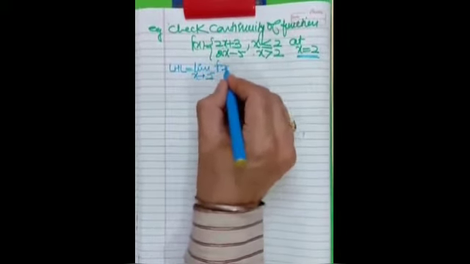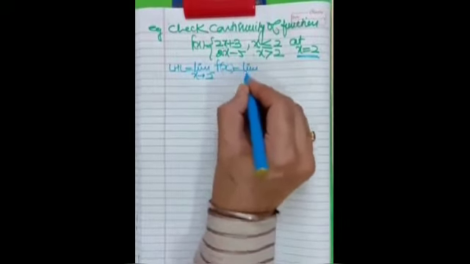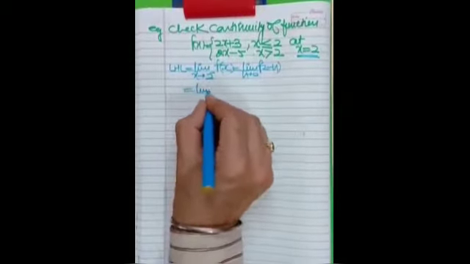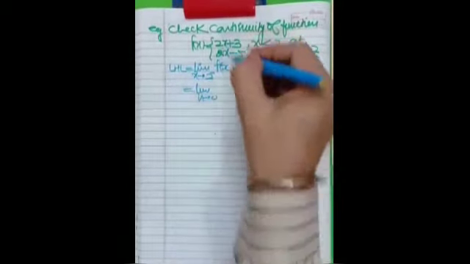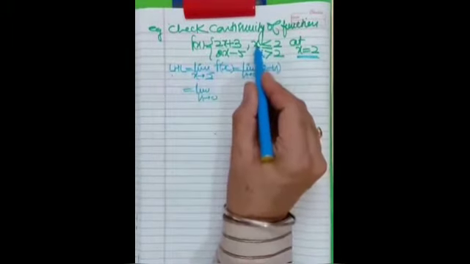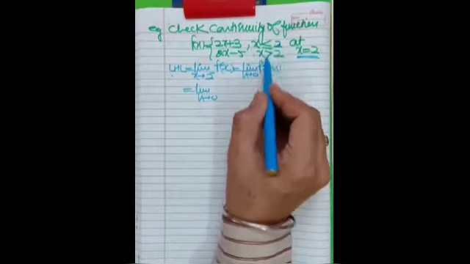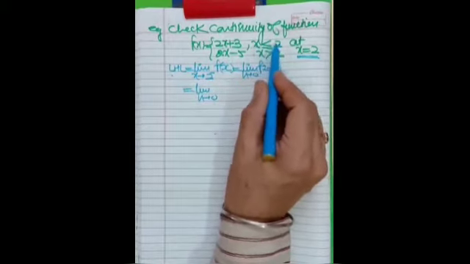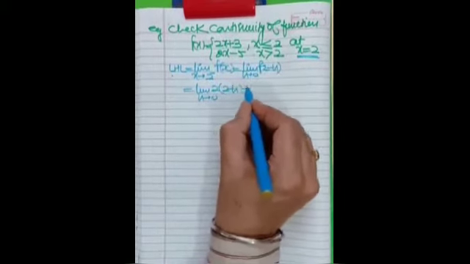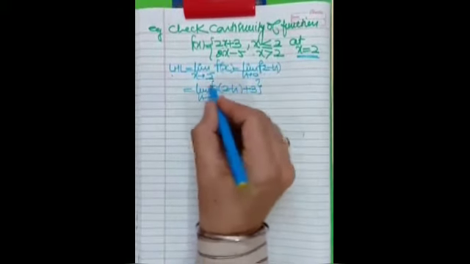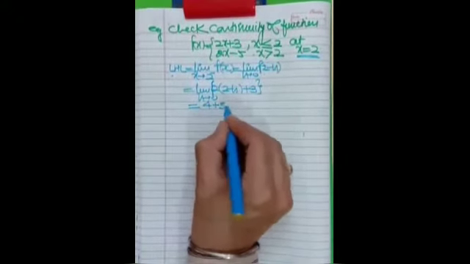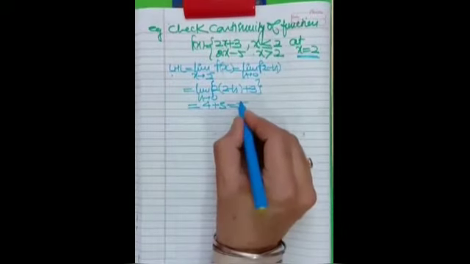At 2 I am checking 2 minus h, that is left neighborhood, as I told you in the previous lecture. Now this is the important thing, which function is to be used here while finding LHL. Look, this is x is less than 2 and this is x is more than 2. Less than 2 means smaller than 2, so this function will be used. You have to write this 2 minus h in this function. When you put h is equal to 0, you will get the answer 7.